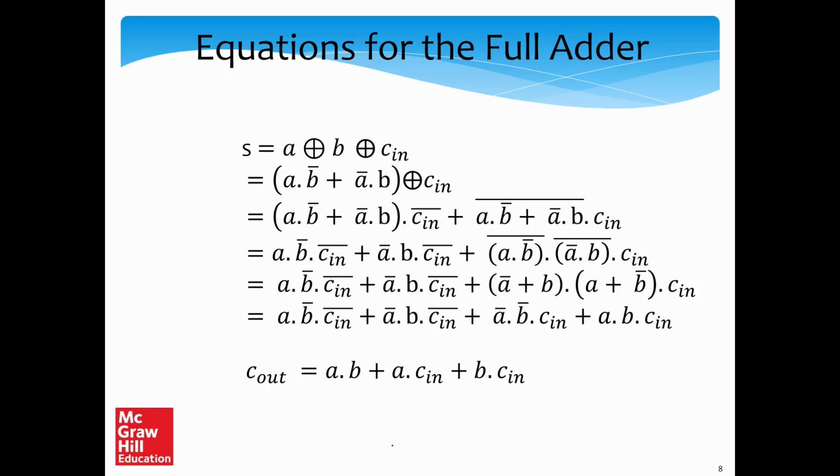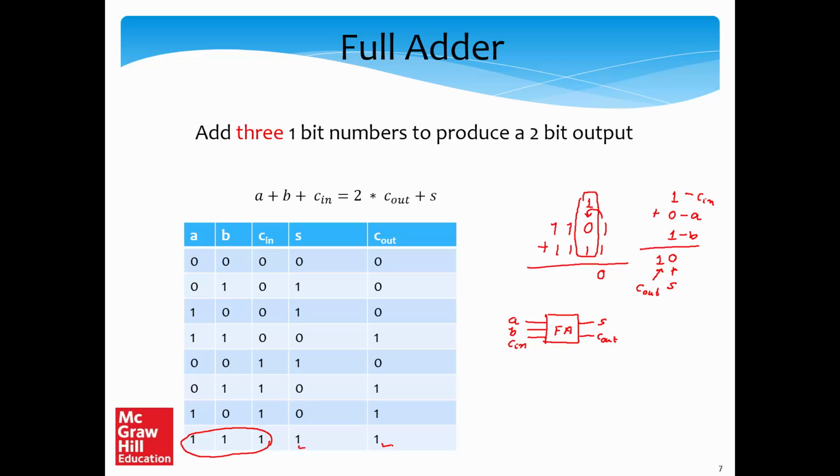So what are the equations for the full adder? Let's take a look at this. If you take a look at the sum, let's again go back. So essentially in the sum, when is the sum equal to 1? The sum is equal to 1 when